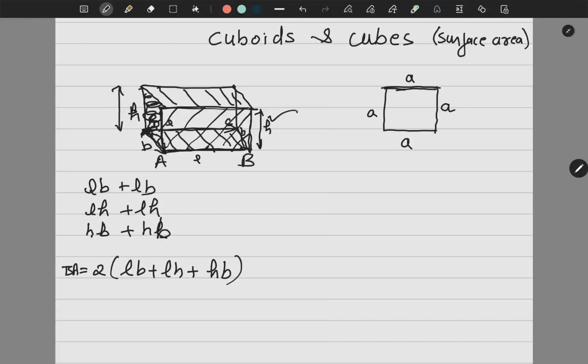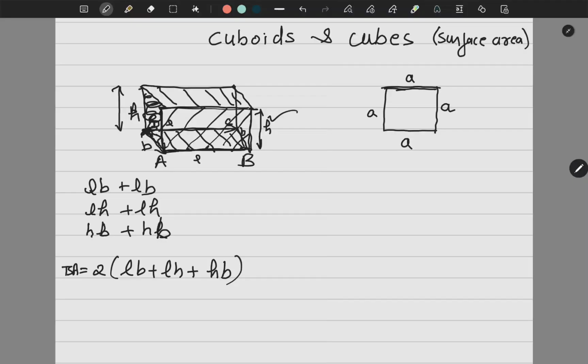Now along with the total surface area, we also talk about the lateral surface area. The lateral surface area, when I say, I speak only about, I'll remove the top and the bottom. Okay, I will remove the top and the bottom of the cuboid, and that is called the lateral surface area. Usually if we talk about the room, if I want to paint the room, obviously I will not do the painting on the floor. So I can have 2 categories here. Where I am saying I want to paint the room, that time it will be counted as 4 walls. If I say I want to paint the room along with the ceiling, then it will be 5 parts.